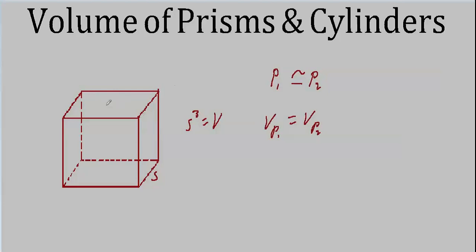For instance, if I put a rectangle on top of this that extended out but had the same width here, I could compute the volume of this whole thing by taking the volume of the rectangle on top and the cube on the bottom, add them up, and that's the whole volume. And that's all that you need to know. It's pretty simple.